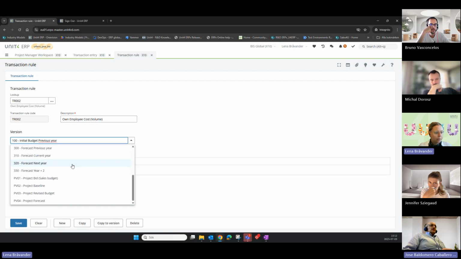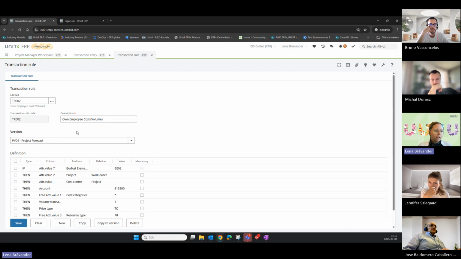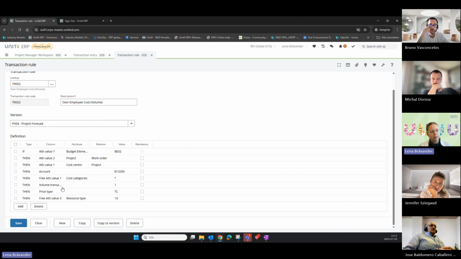Exactly. So in this case, for this one, which is the own employee cost, which is the volume base, I have the setup in the background here. So I know which is the resource type, and I also have which account to post this on. So that's not visible in the actual screen. Sorry, you say that you have the resource type? Yes. Or maybe, okay, that's another interesting part. So,